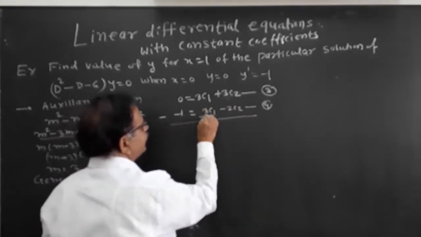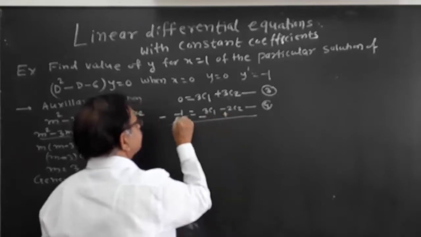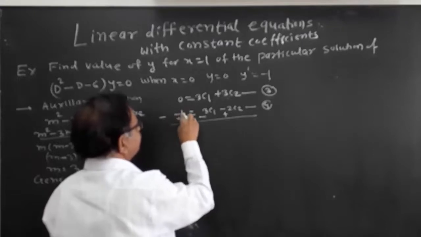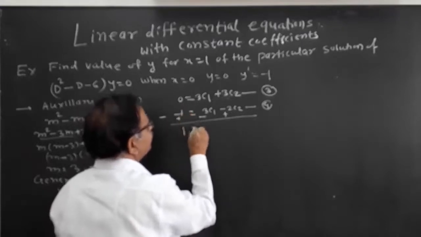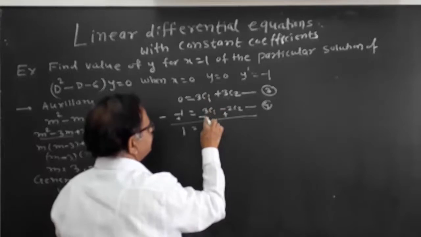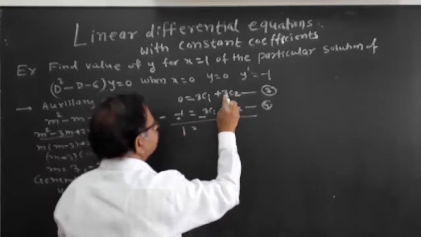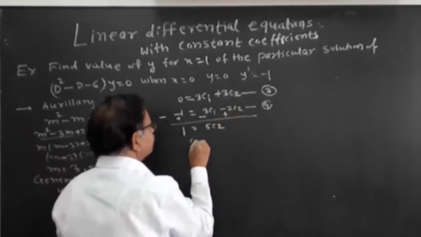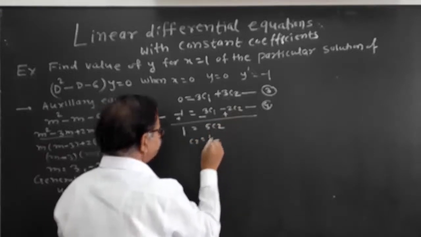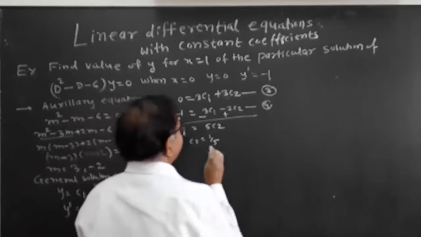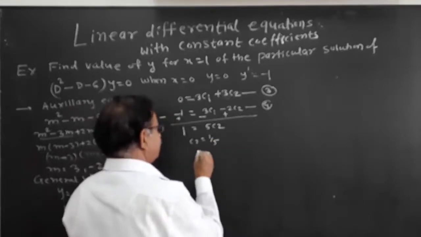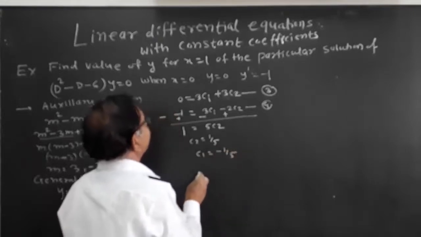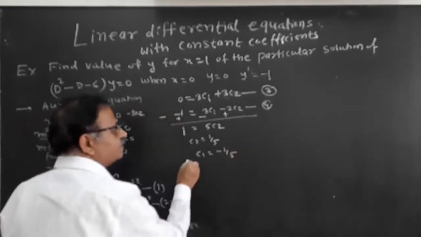minus, this becomes plus, this becomes plus. 0 minus minus 1, that is 0 plus 1 is 1. 3c1 minus 3c1, 0. 3c2 plus 2c2, 5c2. Therefore, c2 equal to 1 by 5. If I put in 1, c1 plus c2 equal to 0, we will get c1 equal to minus 1 by 5. And therefore, the particular solution is